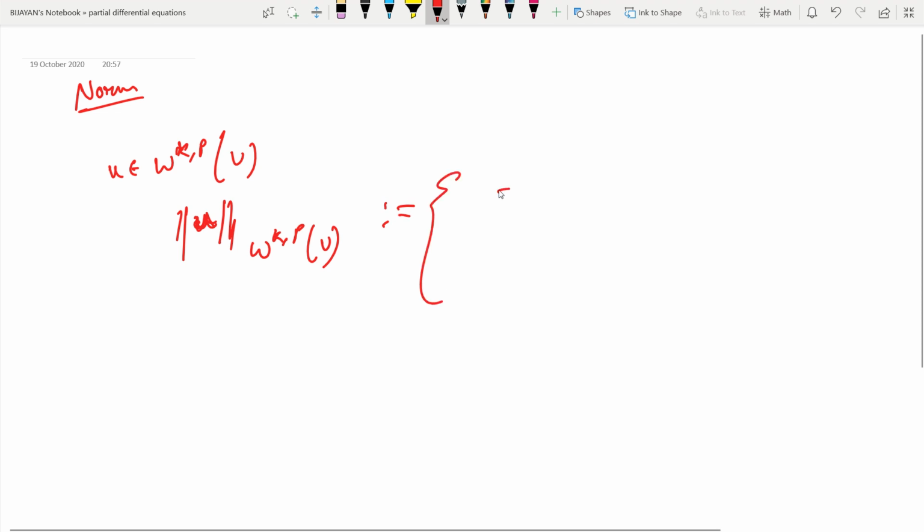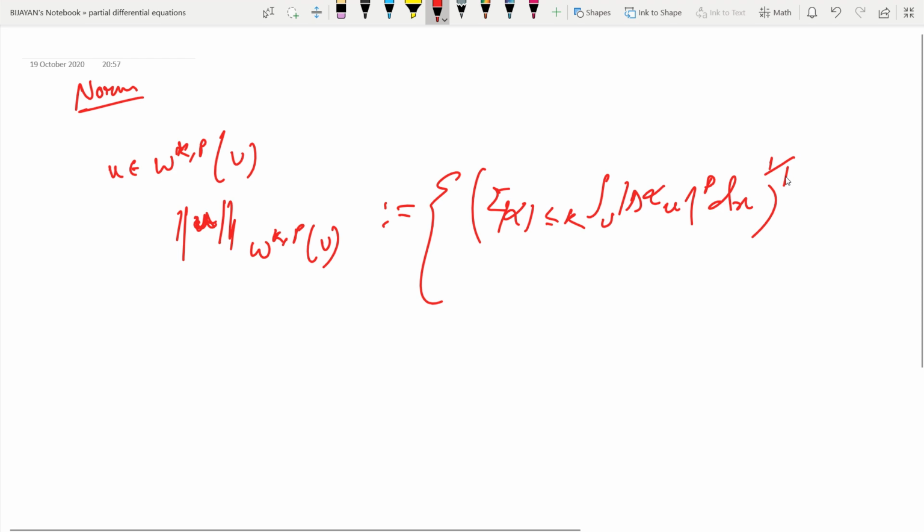The norm is the summation over |alpha| less than or equal to k, alpha being the multi-index, of the integral of |D^alpha u| to the power p dx, whole to the power 1 by p, the pth root, and the summation over |alpha| less than or equal to k of the essential supremum of D^alpha u, subject to the condition 1 less than or equal to p less than infinity,